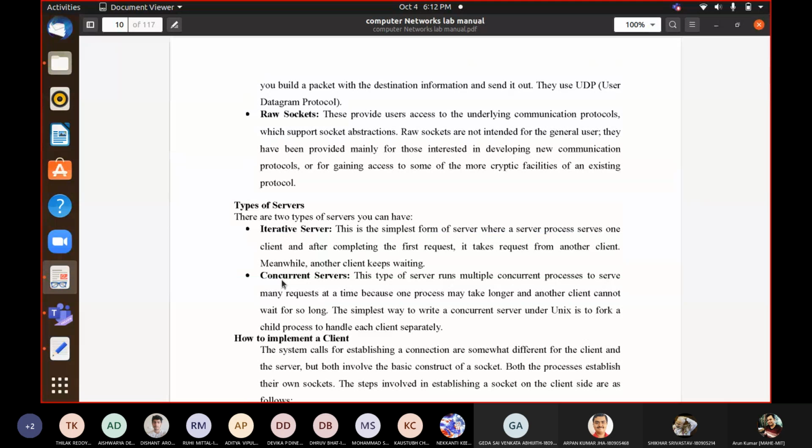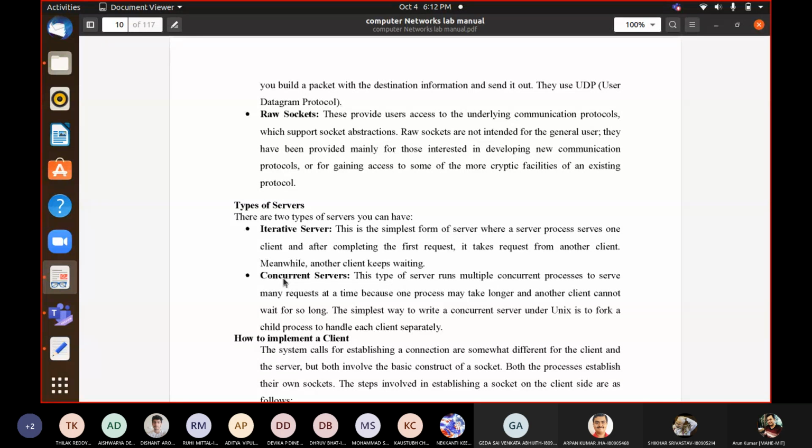Now, because we are interested in distributed systems, here we are using the concept of clients and servers. We are not interested in on-host communication between two processes on a single host. We are interested in two hosts and the communication between them. So one host is a client and another one is a server. Many of you are aware of the types of servers: one is the iterative server and another is the concurrent server.